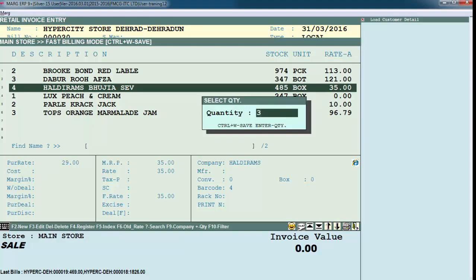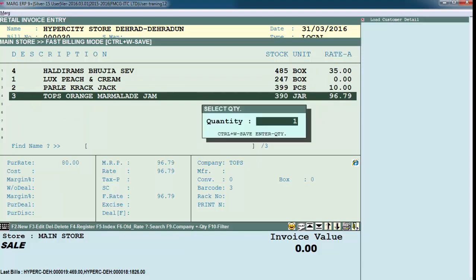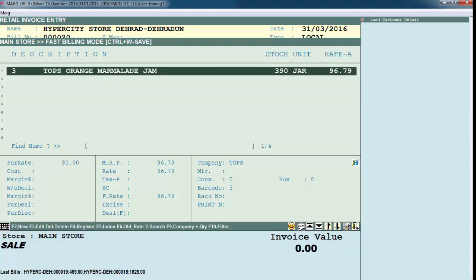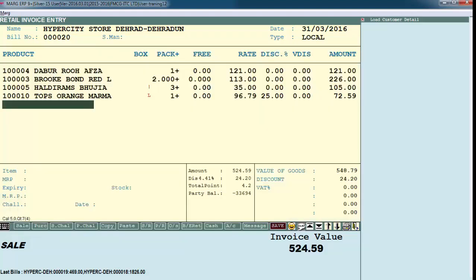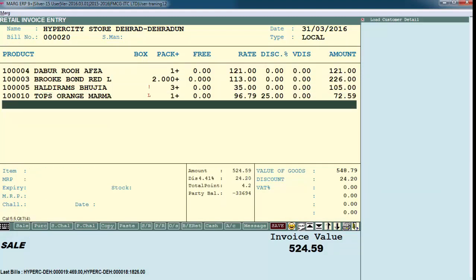Suppose we need 3 quantity of Tops orange jam. Then again press Ctrl W to load these items in the bill. And here the same products have loaded in the bill in the same quantity that we defined. In control room, there are multiple options you can enable and disable for sale bill. So we took a look at the billing in Mark software.